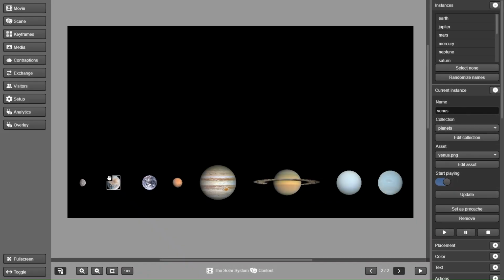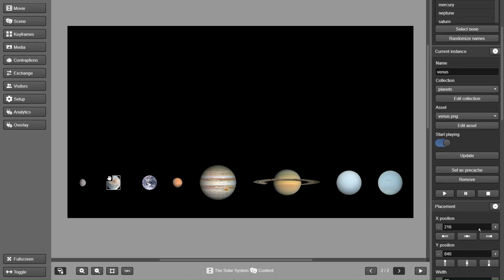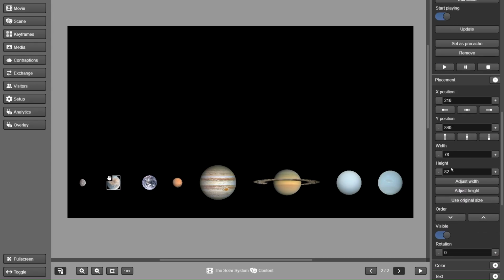Let's start by creating the screen about Mercury. To do this, we'll move the other planets out of the visible area of the scene and give the first planet the spotlight. To do this, position all the other planets at X 2000, centering the position vertically. Keep their sizes the same. For Mercury, use the X position 1220, Y 340, with a width of 790, adjusting the height proportionally. If you want, the zoom buttons at the bottom of the screen can help with viewing.